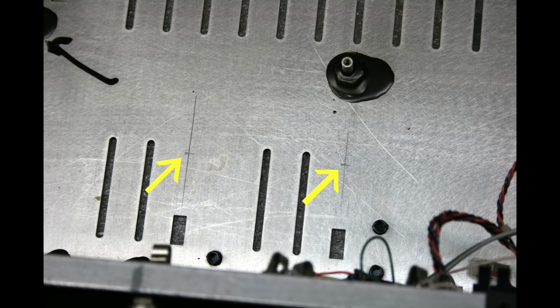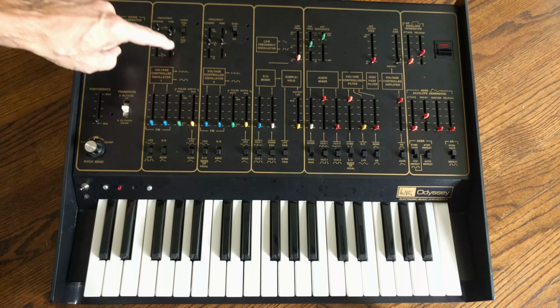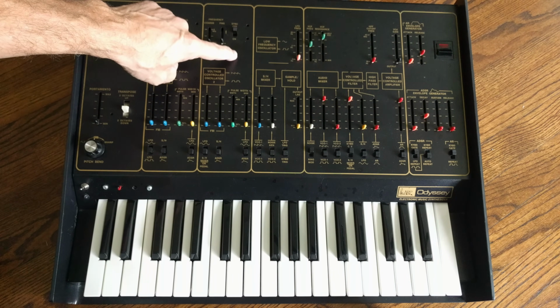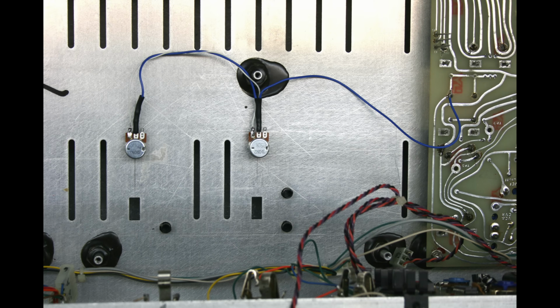With the Odyssey disassembled, we measured and marked the inside of the top panel where the holes would be drilled for the new potentiometers. We had to get the controls in a logical place on the front panel and make sure that the pots would clear the Odyssey circuit boards on the inside. Once the holes were marked, I drilled small pilot holes through the panel, then drilled the holes out large enough for the pots. Then we mounted the two pots that control the volume of each sub-oscillator and began wiring them